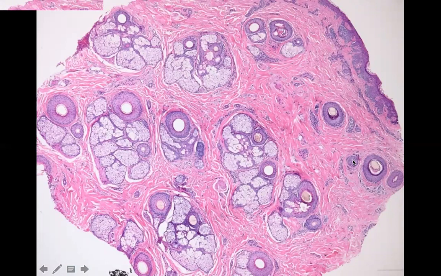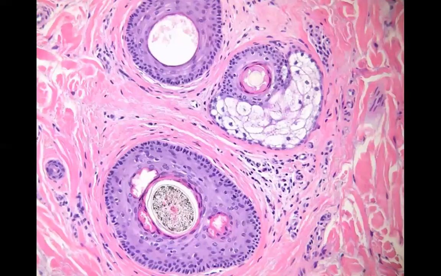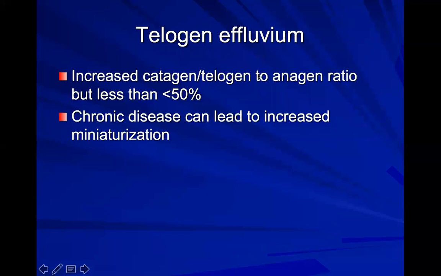normal. Of course, if this is an 80-year-old person, that's not an abnormal amount of androgenetic alopecia. It sort of just depends on what's compared to that person's normal. So whether or not it's an explanation for their hair loss is a little bit more complex than simply saying they do or do not have changes of androgenetic alopecia. Again, the miniaturized hair. So when we talk about telogen effluvium, what we're thinking about in a ratio is an